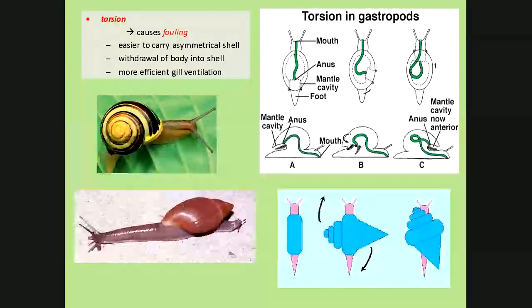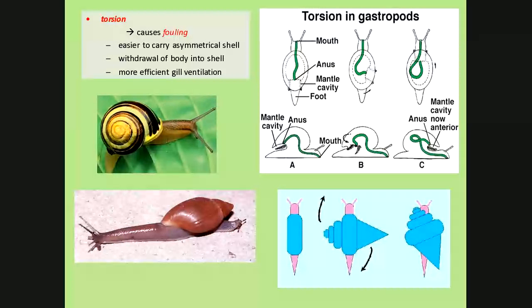Snails, all right, the one in the lower left, that's the wolf snail. That's another Florida species there. Snails, the way their digestive system is set up, if you look in the picture in the upper right and go all the way to part C over there, the anus of a snail dumps its contents right out over the head of the snail. And the little furry thing that's sticking out there in that picture in part C, that's the gills too. So the anus dumps this defecate material out over the gills and out over the head.